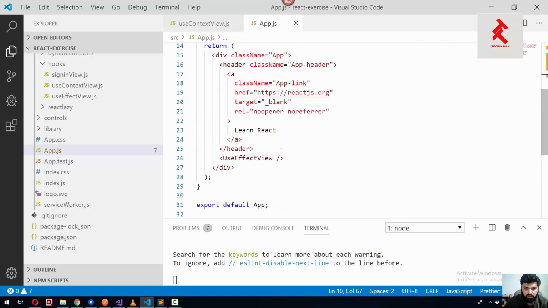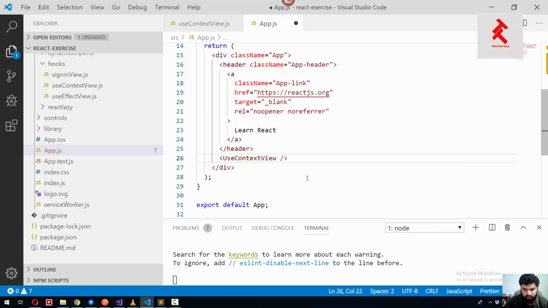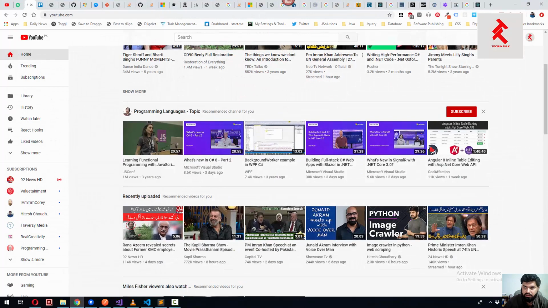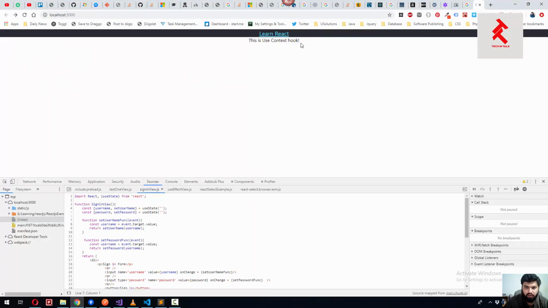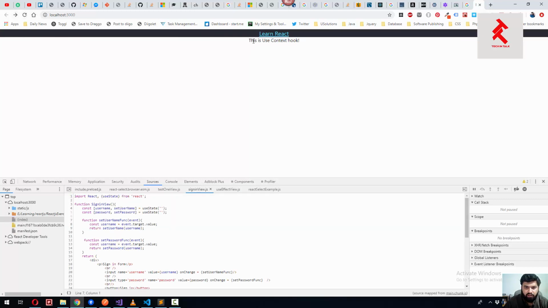So we will use useContextView here, and if we look at the web view, we have this is useContext hook. All right,